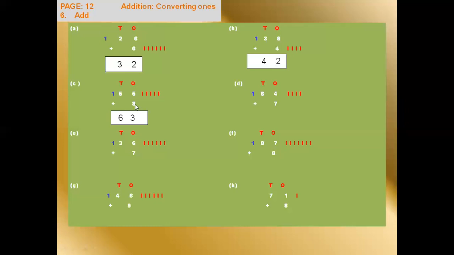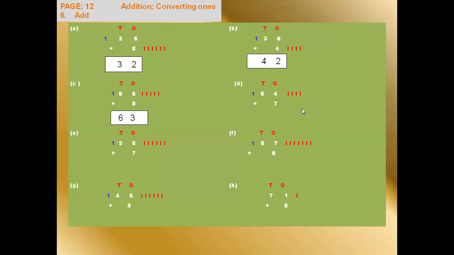So after 8 we count 8, 9, 10, 11, 12, 13. 13, we write 3 here and 1 go here and will add in the tens. So what is the tens? 5. 5 plus 1, 6. Okay. So 55 plus 8, answer is 63. Very easy in this way. You can write. So next